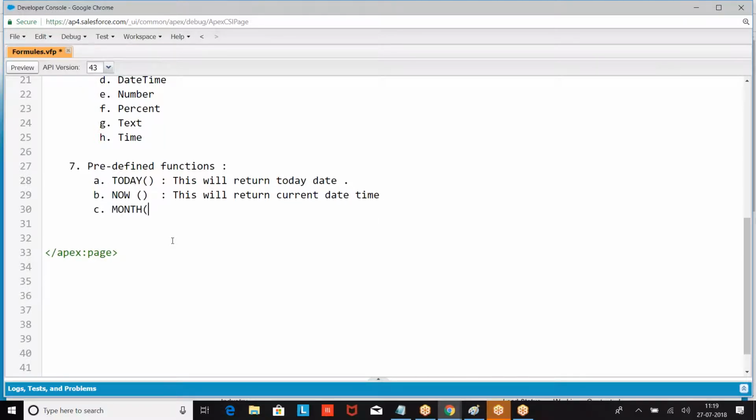Now month, if you give a date, it is going to give you the month in the given date.